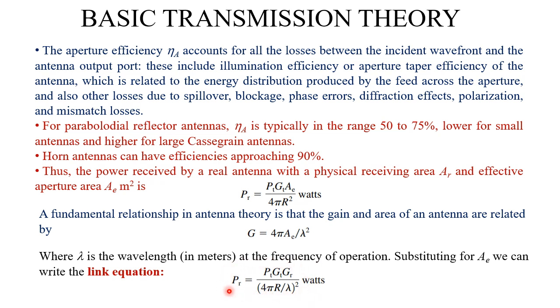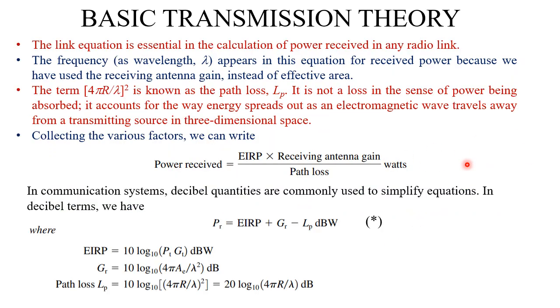So this equation enables us to determine the receive power at some receiver point from the transmitted power if we know the wavelength and the range. The link equation is essential in the calculation of power received by any radio link. The frequency or the wavelength appears in this equation for received power because we have used the receiving antenna gain instead of effective area. The denominator term, 4 pi r by lambda whole square, is called the path loss,